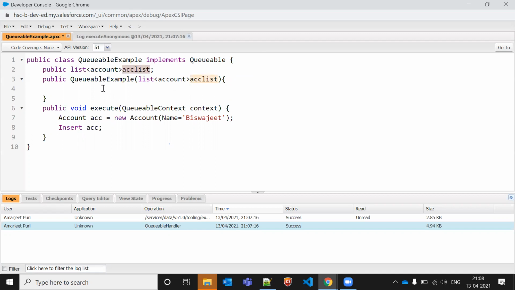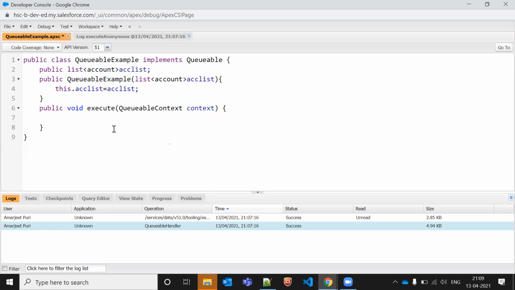You will get to know new things as well. So this dot ACC is a local variable, and the other is a global variable. Whatever we pass will be processed and will update the number of records. Now let me write the iteration in this one. Whatever number of records we have, not account, let's take opportunity.